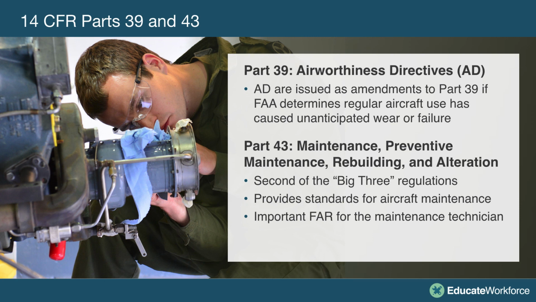Part 43, Maintenance, Preventative Maintenance, Rebuilding, and Alterations. This is the second of the big three regulations. It's going to provide us some standards for aircraft maintenance, and is probably the most important FAR for the maintenance technician. This FAR has 13 rules and 6 appendixes